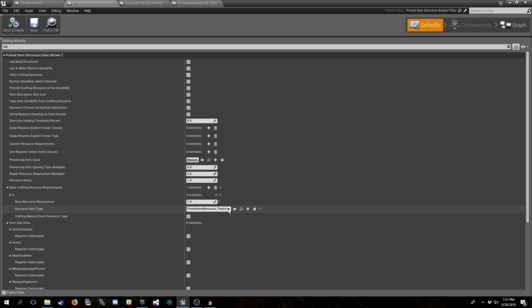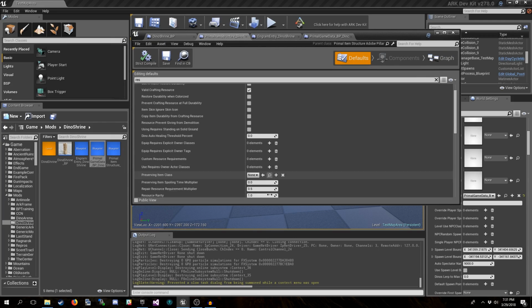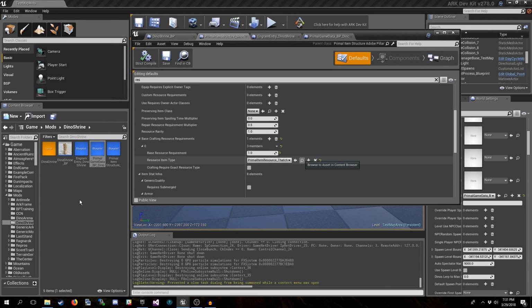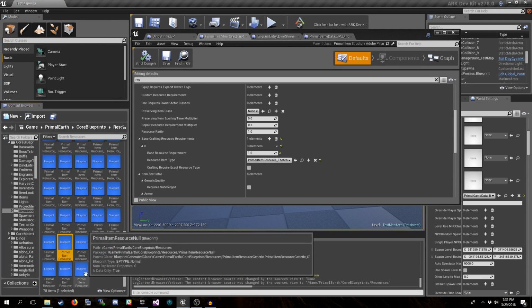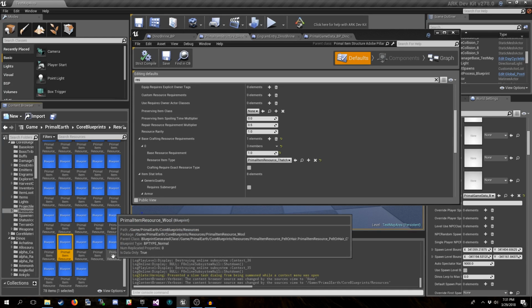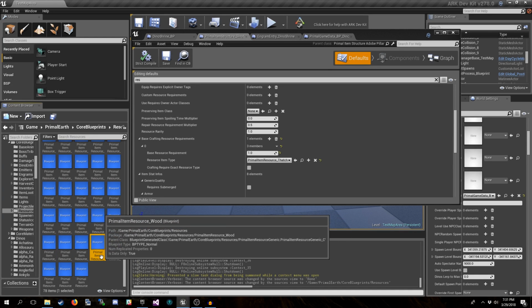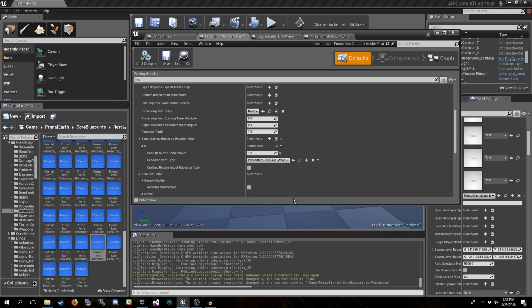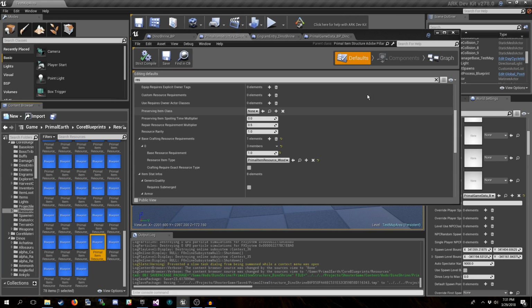The better way to do this is to just find it in the actual content browser. Let's see, we want wood. And just fill it in like that. Much faster. Much less annoying.